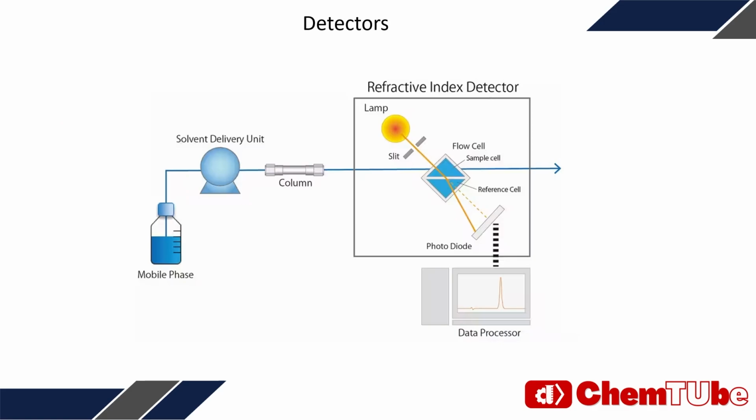The GPCs at the department are equipped with two types of sensors. The refractive index detector uses a light beam passing through a dual chamber flow cell, one side with pure solvent, the other with solvent and sample. Differences in refractive index between the two sides bend the light, shifting it towards photodiodes. The signal's direction, either positive or negative, depends on whether the sample has a higher or lower refractive index than the solvent, and its amplitude reflects both the sample concentration and refractive index increment.